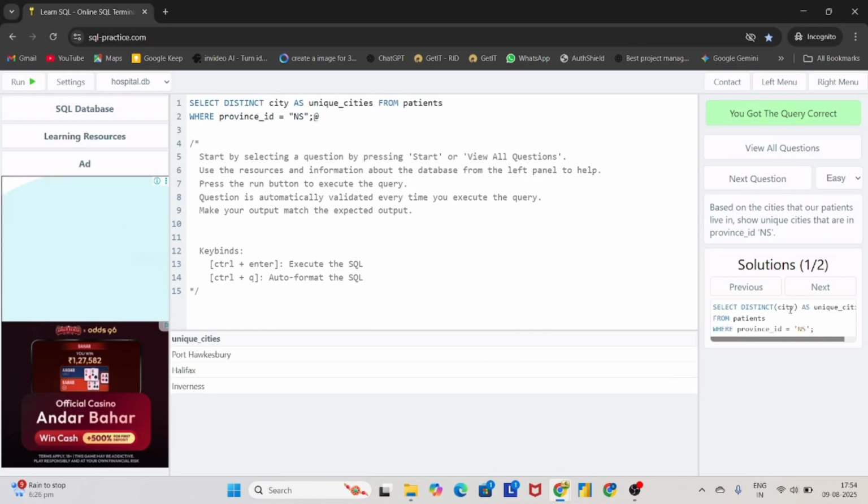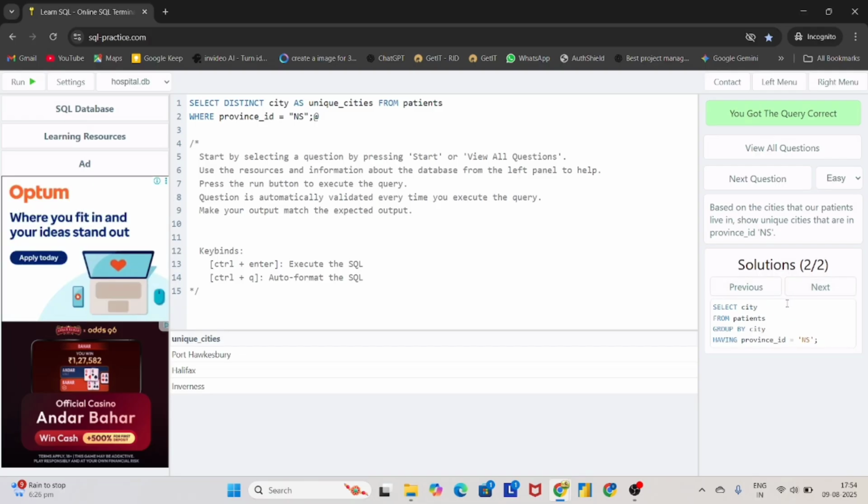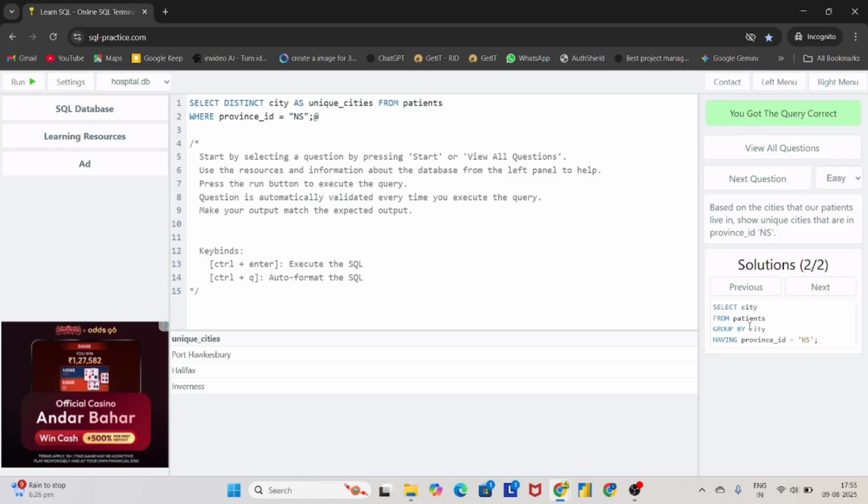They provide two different ways. We use this one, but we can also solve this question using group by and having. You can try to solve this question with group by and having. Next,